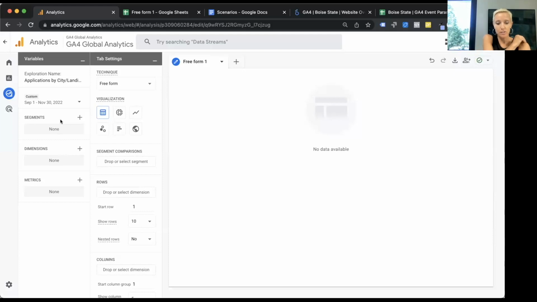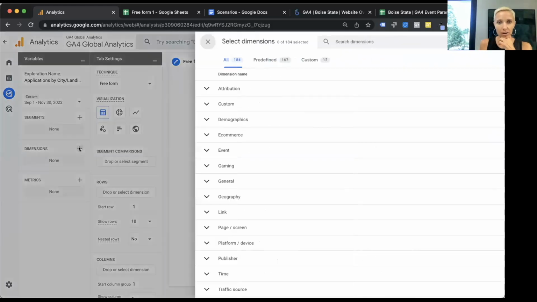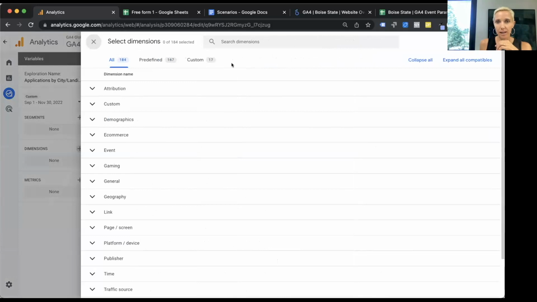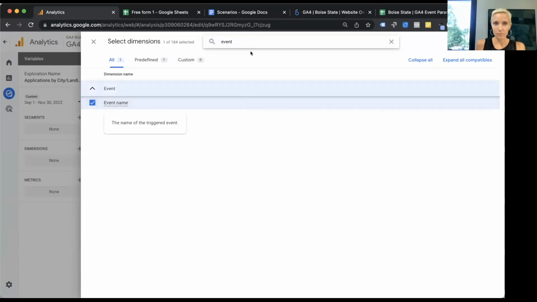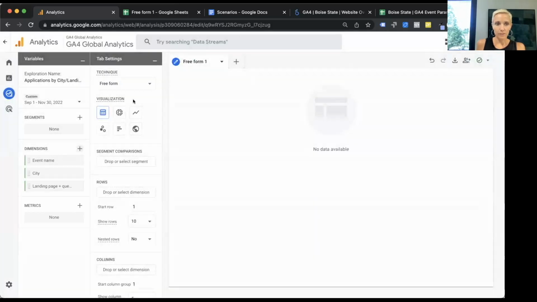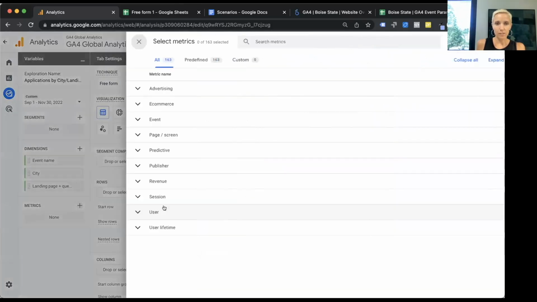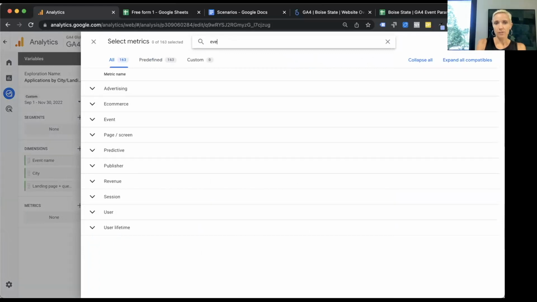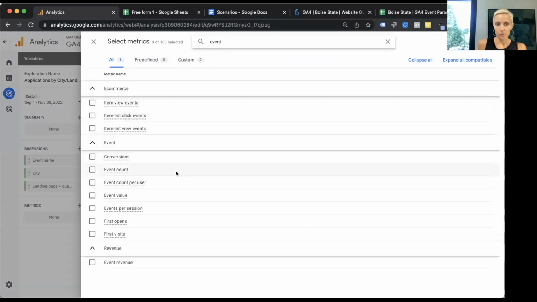So the dimensions that I need are event name, because again, an application is actually an event. So I want to be able to filter to my application. And I want city. And I want landing page. And then import. And then on metrics, I'm going to use event count.